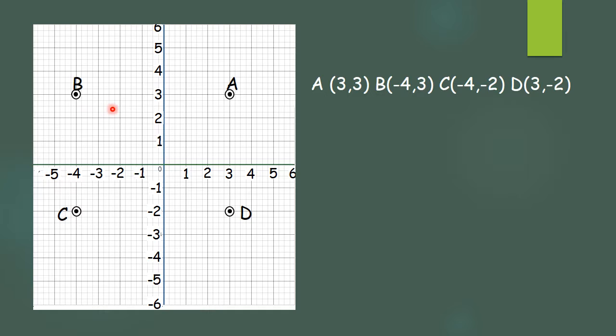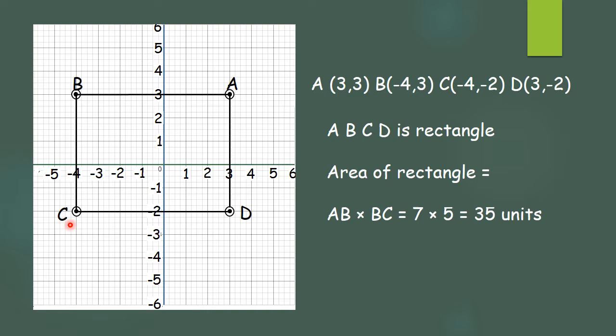Now what have they asked in the next part? Join these points. So first we will join A and B, then B and C, then C and D, and then D and A. Now what diagram do we get? As there are 4 points, we get a quadrilateral. But every angle is 90 degrees here, and so this quadrilateral is a rectangle. So ultimately ABCD is a rectangle.